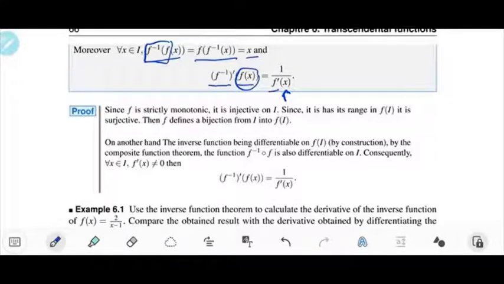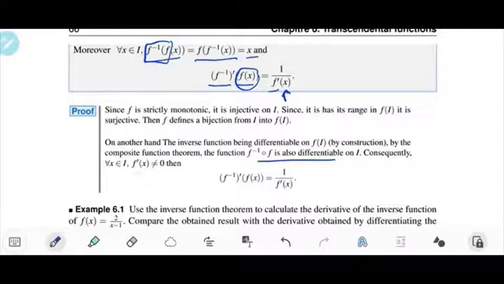And since we constructed the inverse function as so, it will be differentiable if f is differentiable. We can prove it using the definition of the derivative, but it's also visible by construction. So by construction, f minus 1 will have the graph symmetric of the graph of f with respect to y equal x. There is no reason to have a point where f minus 1 is not differentiable. So f minus 1, we take it as differentiable. And then the composition of f minus 1 and f is differentiable on I, which means that for all x in I,